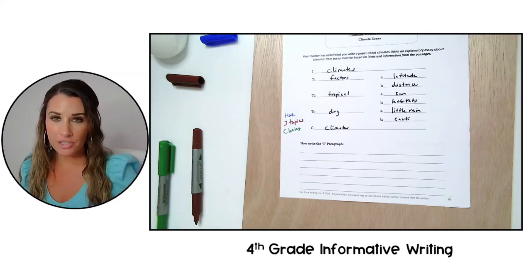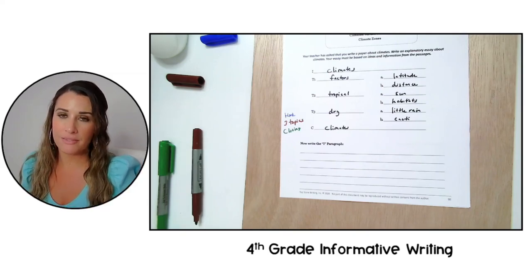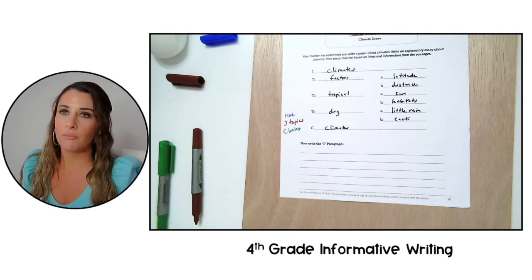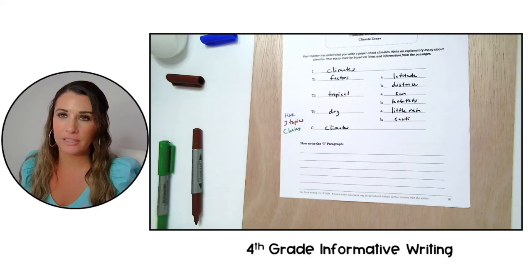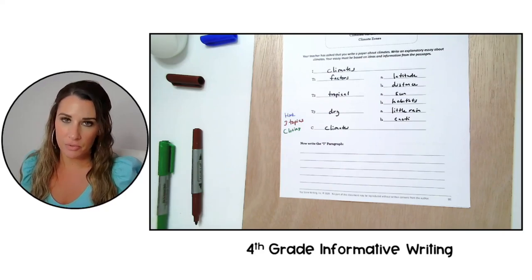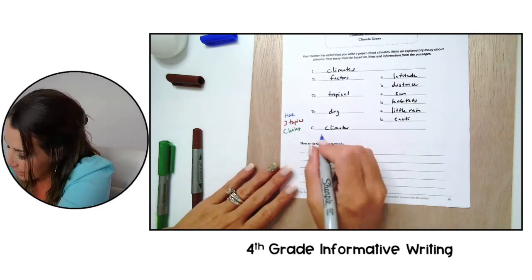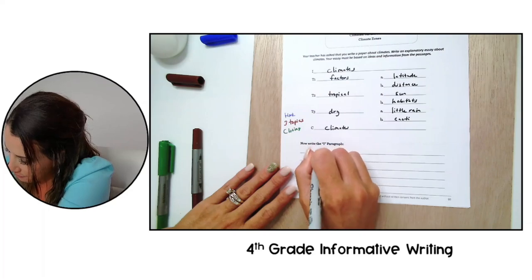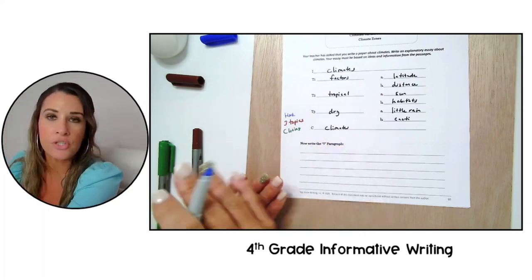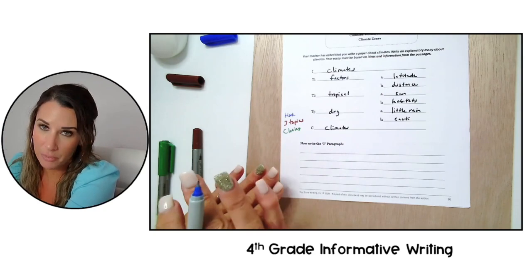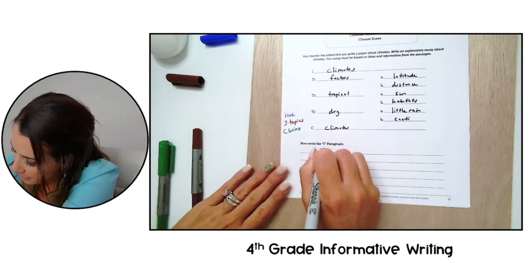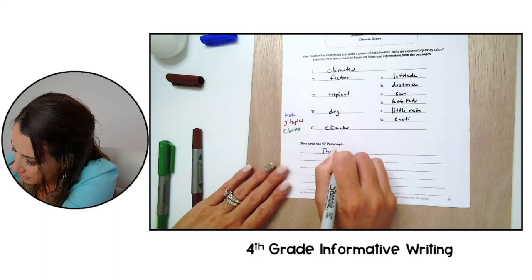Now I can ask a question, I can make a statement, I can start with a small story, I can use a fact or definition. Any of those are acceptable for writing a hook, okay? So for this one, since I used a question in the last one, I'm just going to use a simple statement for this one. So I'm going to indent, and I'm going to say,